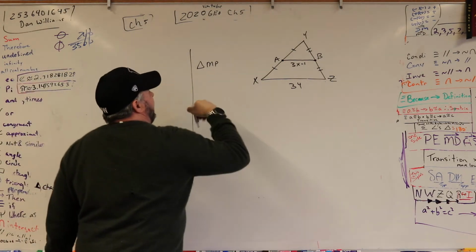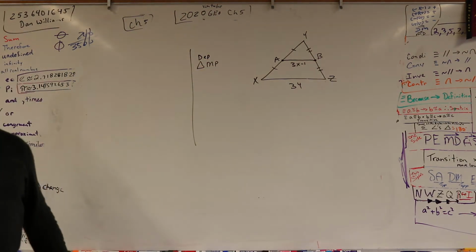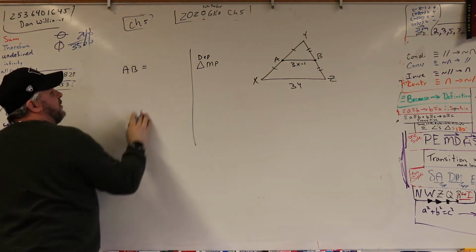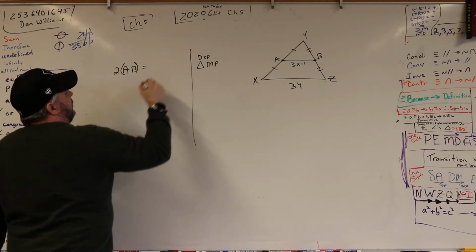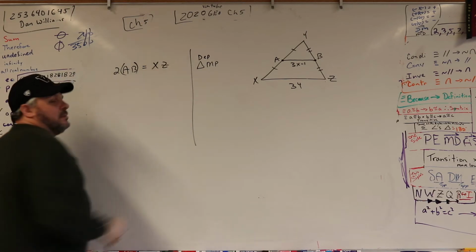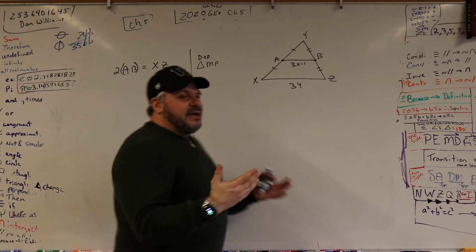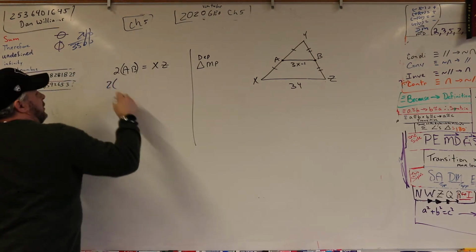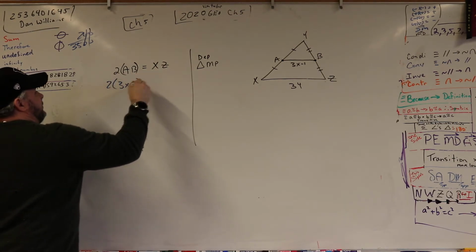So, the definition of a triangular midpoint means that 2AB would be equal to XZ. That's the definition of the midpoint of the triangle. So that sets everything up. Now we just substitute in. What's AB? So 2AB would be what? 3x minus 1 equals